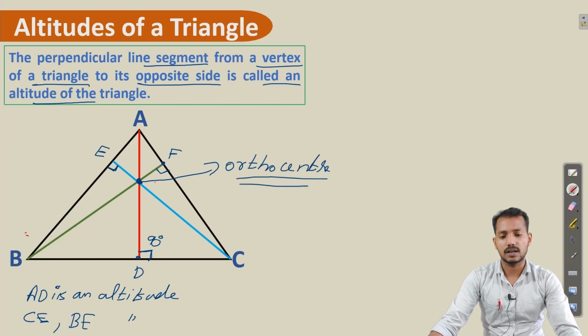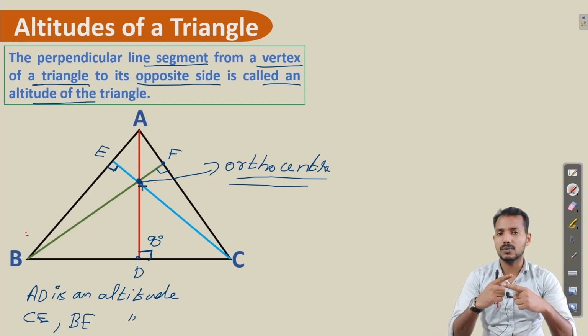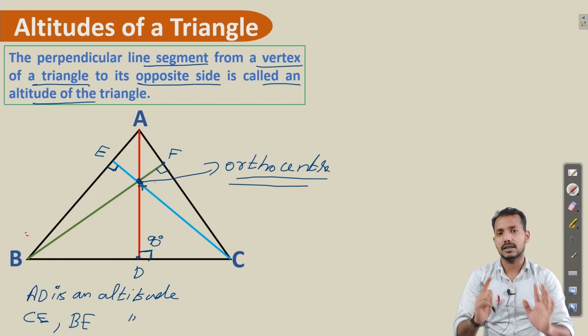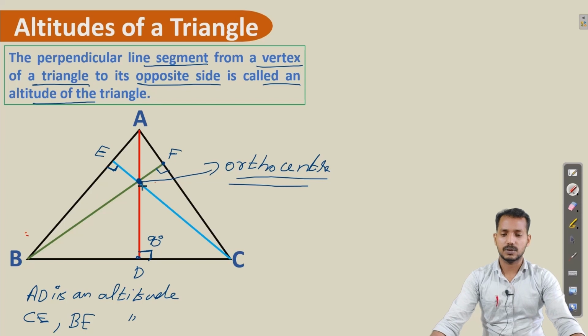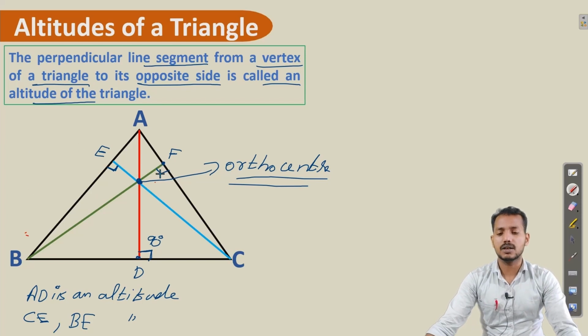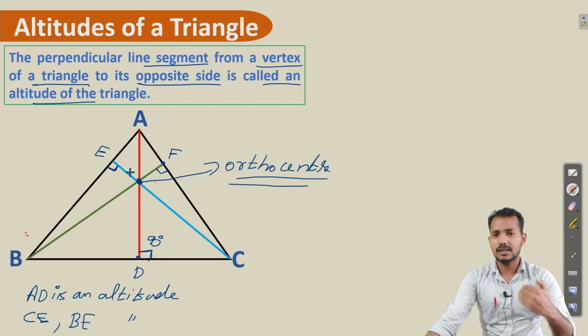Orthocenter of triangle. This is also not given in your textbook, but still just remember this center. So centroid is the point where the 3 medians meet. Orthocenter is the point where the 3 altitudes meet. Remember that. Now here in this example you can see all the 3 altitudes lie in the interior of the triangle. But there is a possibility for these altitudes to lie in the exterior of the triangle.